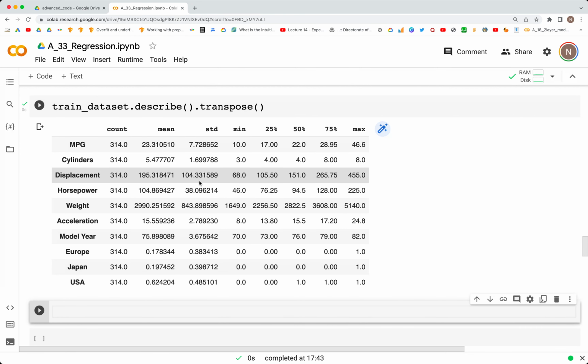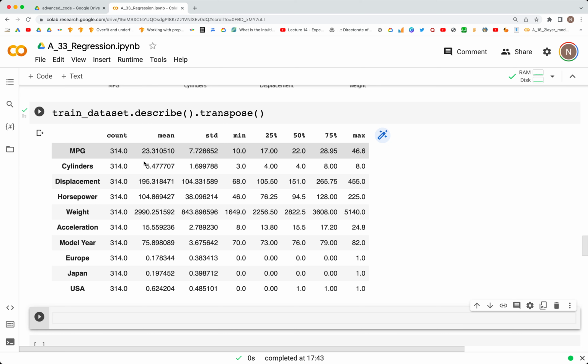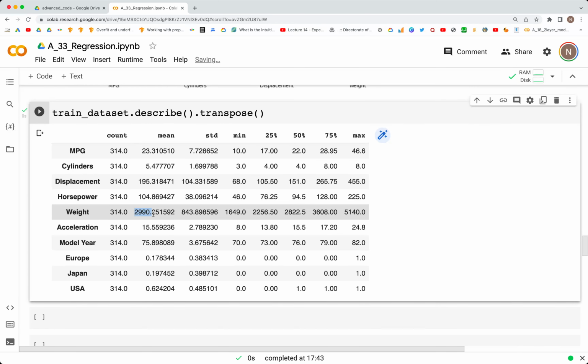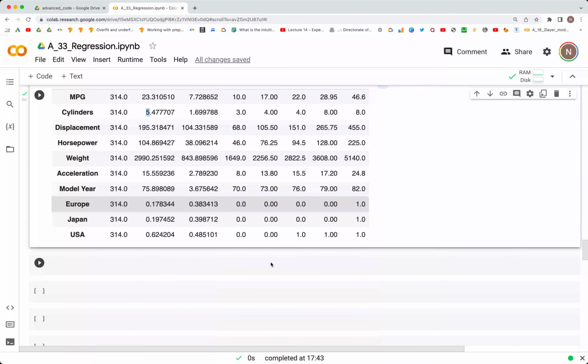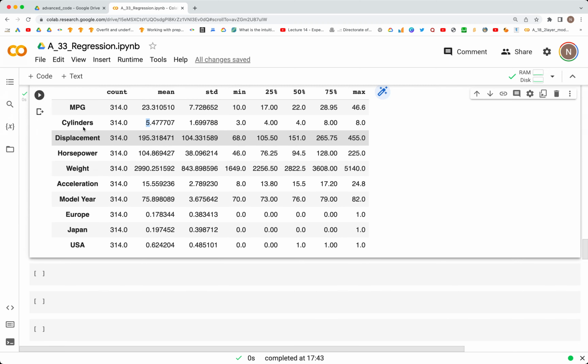So one thing we'll immediately notice is that the scale of values is much different. Weight is 4-digit values, whereas cylinders is just a single-digit value. And we'll come to that when we talk about normalization. And now let's move on and look at how we can separate these labels,